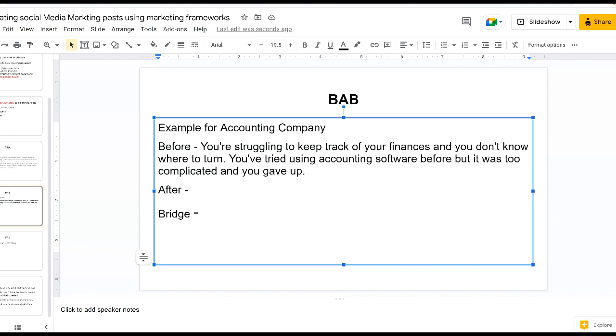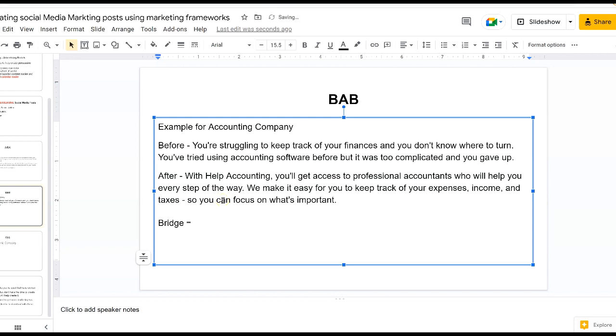Well, guess what? After, with Help Accounting, you'll get access to professional accountants who will help you every step of the way. We make it easy for you to keep track of your expenses, income, and taxes so you can focus on what's important. See that? Before, your struggle; after, where you want to be; and the bridge is then us, the